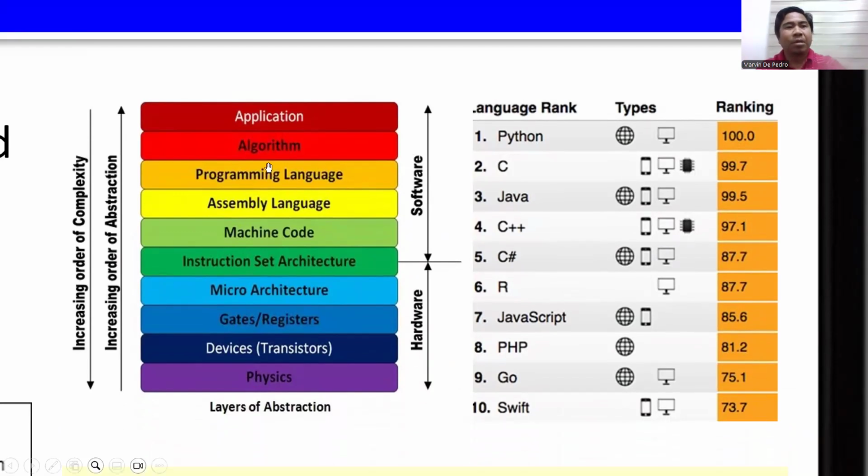We have to talk about algorithms in a while. Of course, we have to identify what should be the necessary programming language for our robotic system, or for the components or modules of our robotic system. And those are codes, which are written in a certain programming language, like what you see here: Python, C, and so on.